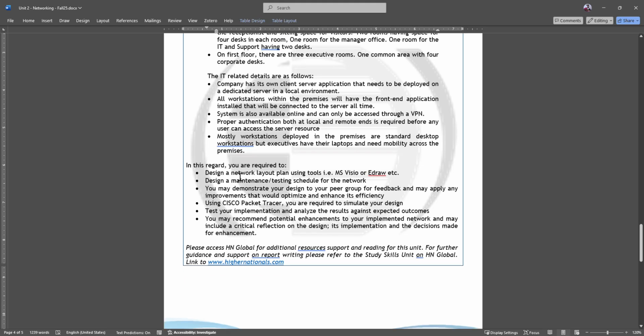In this regard, you are required to design a network layout plan using tools like MS Visio or eDraw. Yes, eDraw and MS Visio are very professional tools. You should develop your skills with that. It allows you to properly draw a layout plan, where you will define the premises and then you will show the rooms. But I will give you an option,